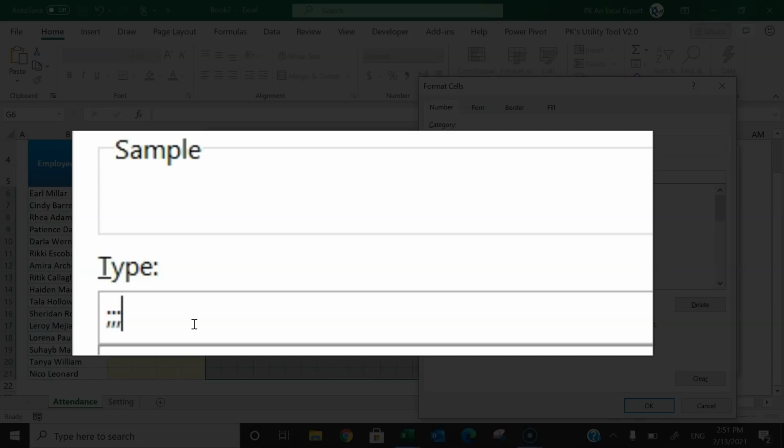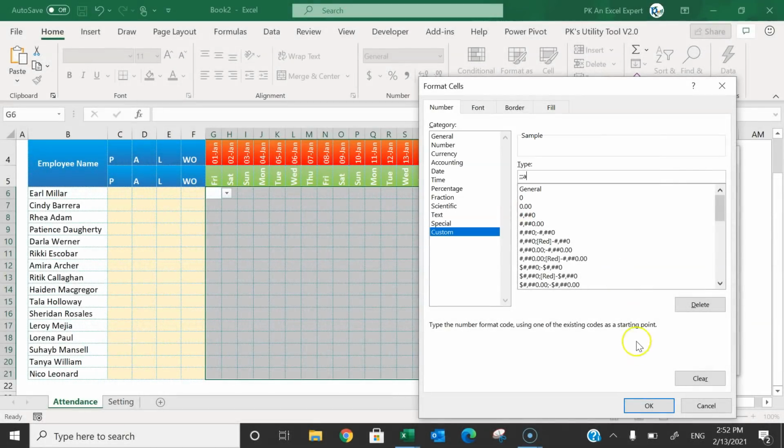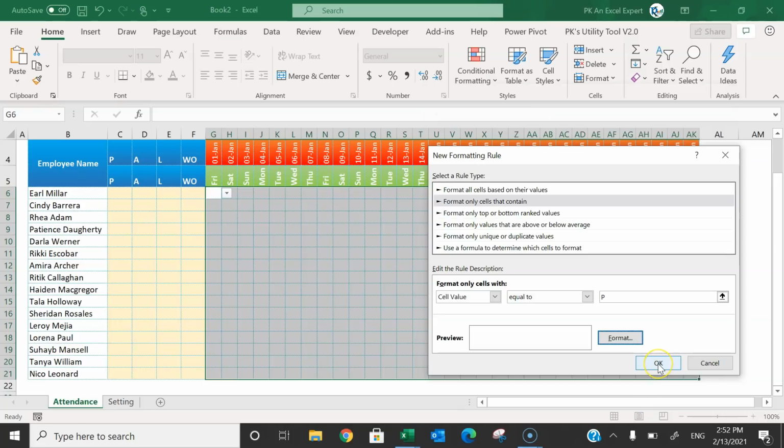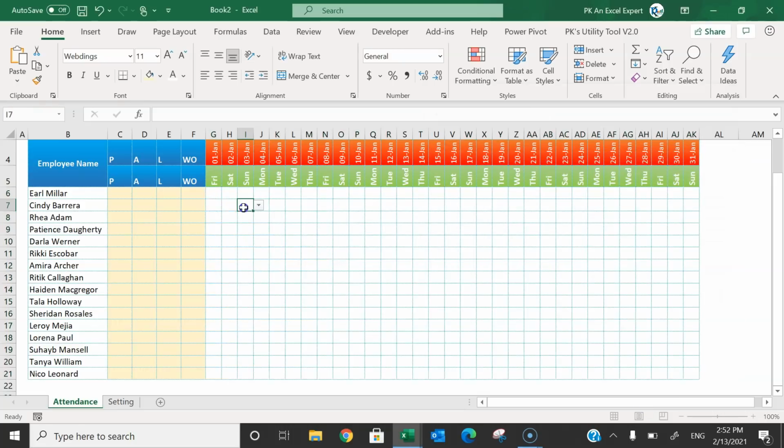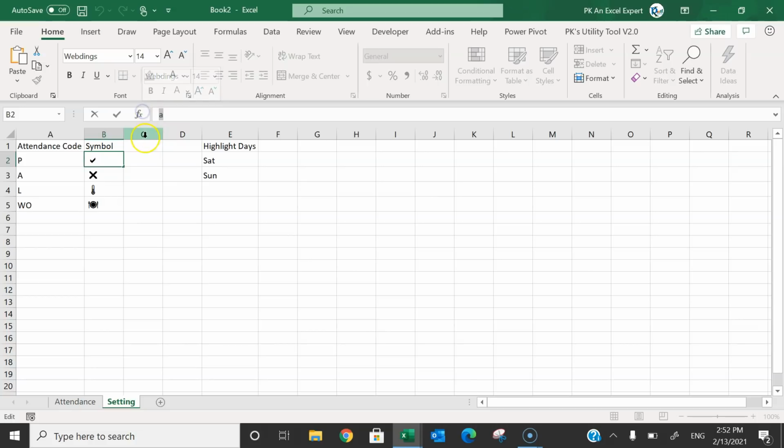So we will show text if any text is entered, and we have already put the conditional formatting. It will run only in case of P. So let's paste that copied text, which is a, the small a. Click on OK. Click on OK. So if I select P here, it will display this sign. But if I select any other text, it will not display that.